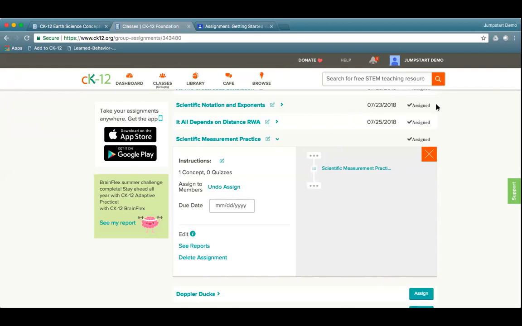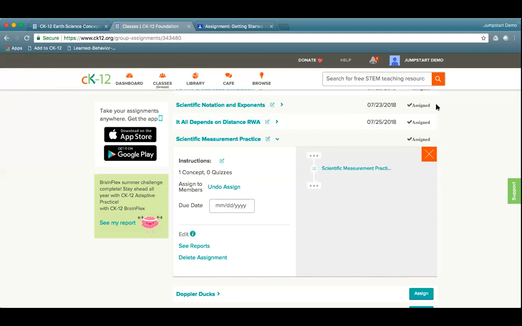Our Flexbooks app and then our Sims app, which you would see on a tablet, allow for offline use of those specific resources, and so they are a different app and set up a little bit differently. So if you're just using practice, just download the CK12 one. If you're using Flexbooks offline or Sims offline, then you can download one of those two other apps as well. There is not a separate app to use with the teacher dashboard. If you're trying to manage all your pieces, you would use that on CK12.org.